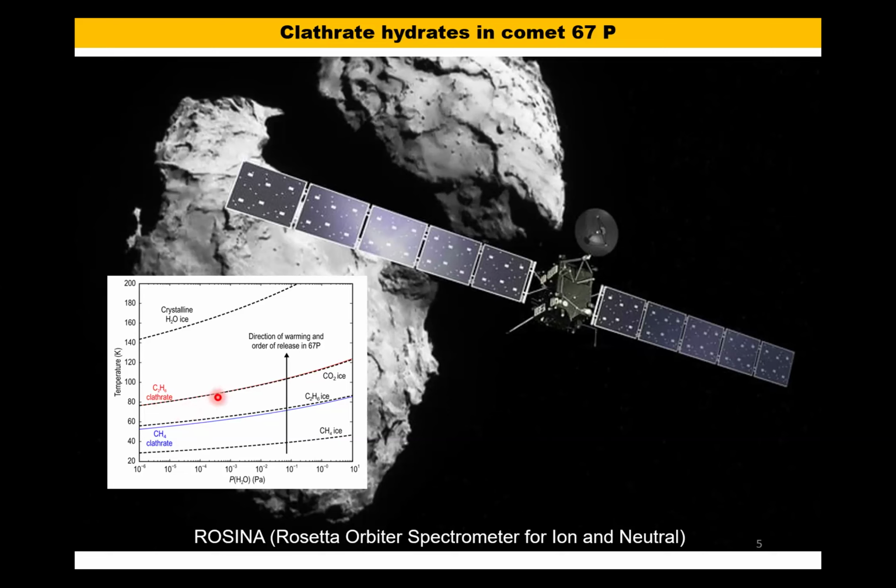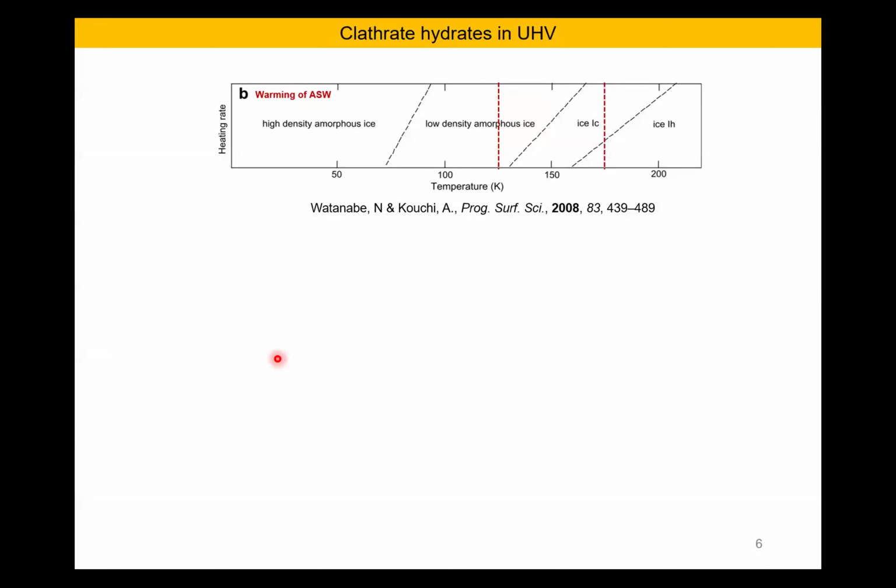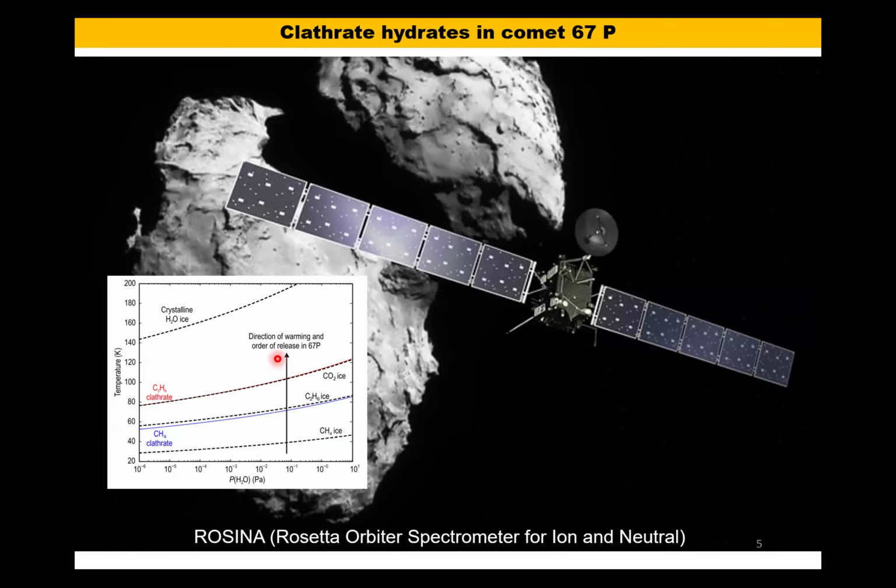So they suggest that on the surface of Comet 67P, there are hydrate deposits of methane, ethane, and carbon dioxide. So this hydrate is observed in space, but it has not been formed in a laboratory experiment. It is very important to prove that this hydrate also forms in a laboratory experiment to counter this